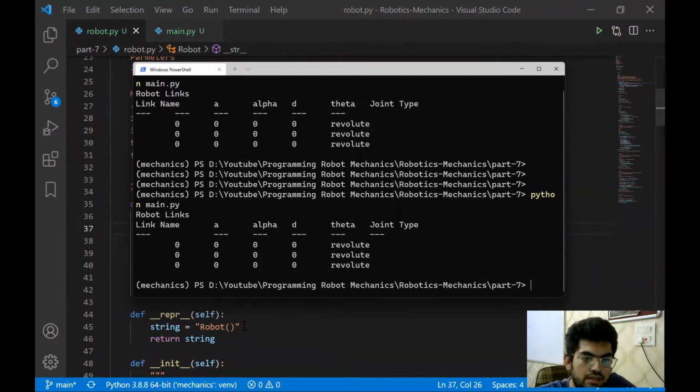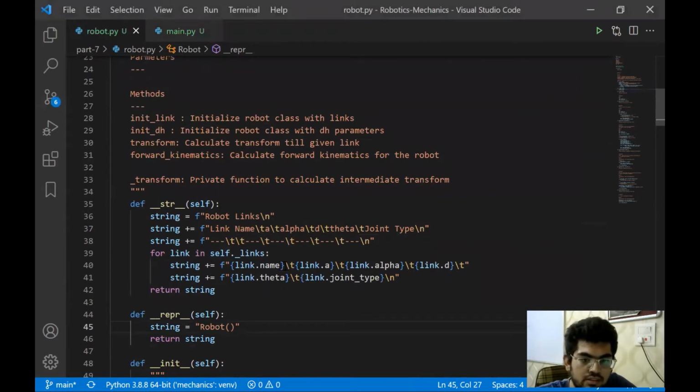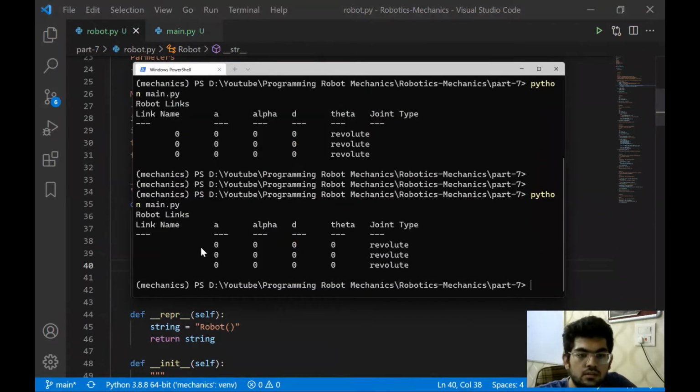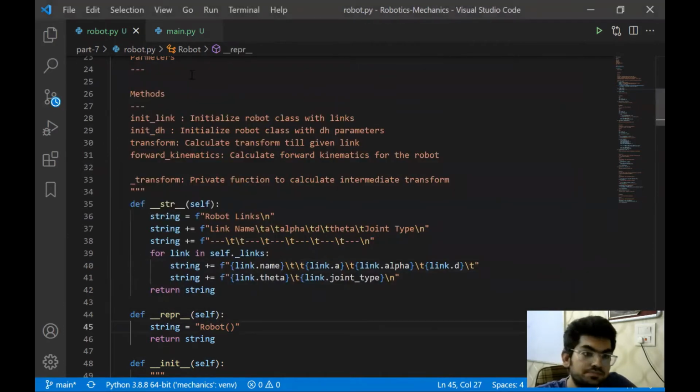Okay, I got it. After that column link name, we require 2 tabs. That's all. Now it looks good. There are some positioning errors, like it should be in the center and all, but I think we can ignore that for now. Yeah, this works.